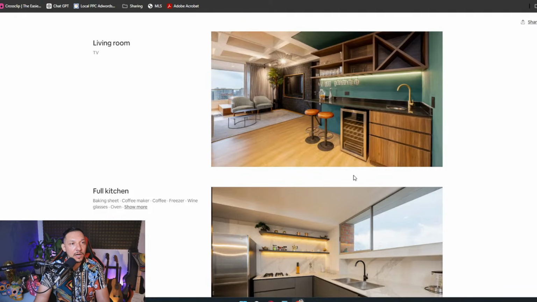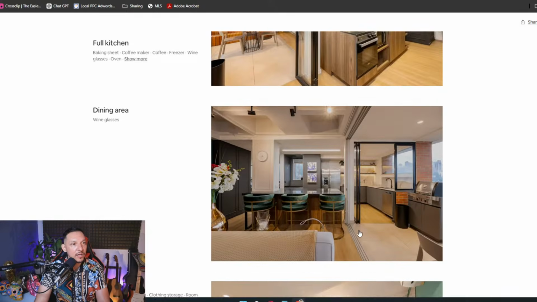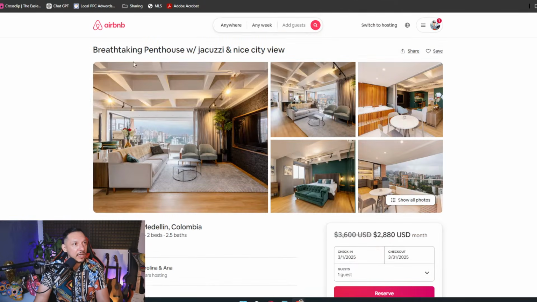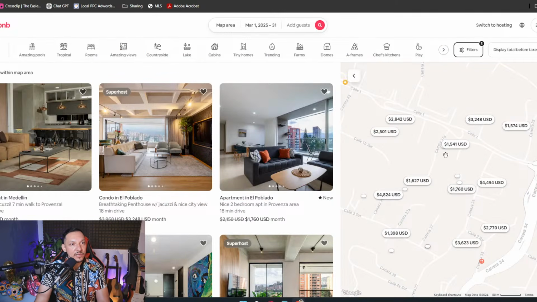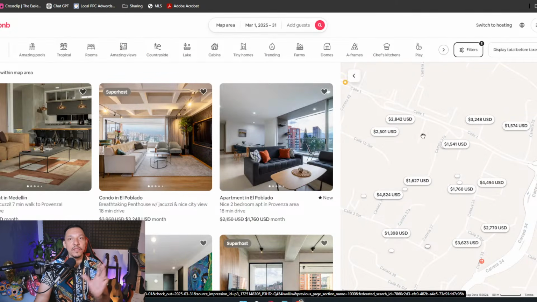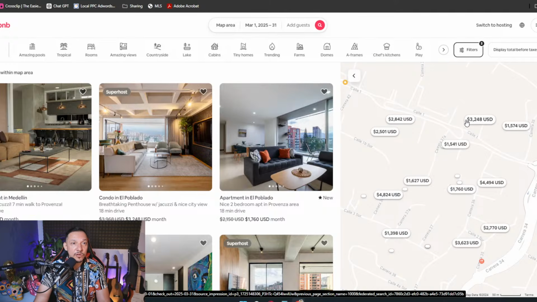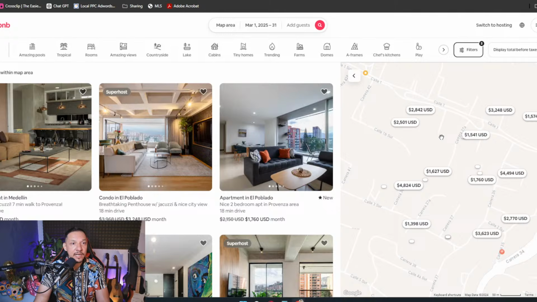Oh, they have a little wine fridge there as well. So this would be my competition. I would definitely look at these and get an average of prices. So let's say the average price, and I always go conservative. If these are getting about $2,500 to $3,200 per month, these higher end, nicer looking ones in Alejandría, the lowest